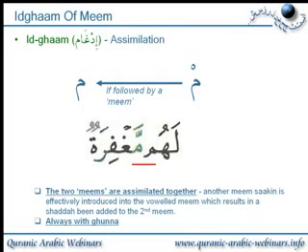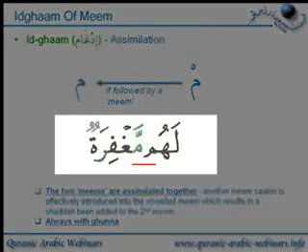Now a few notes here. The 2 Meems are assimilated together. Another Meem Saakin is effectively introduced into the voweled Meem, i.e. of the next Meem, which results in a shadda being added to the second Meem. And it's always done with a Ghunna. So what we're saying here, the second word, maghfira, will normally